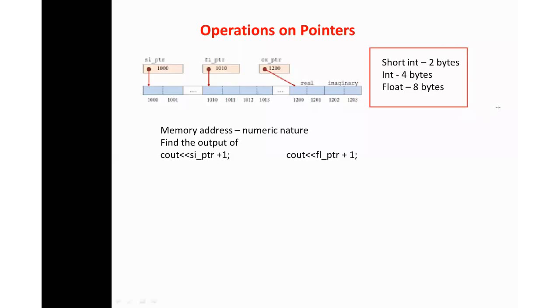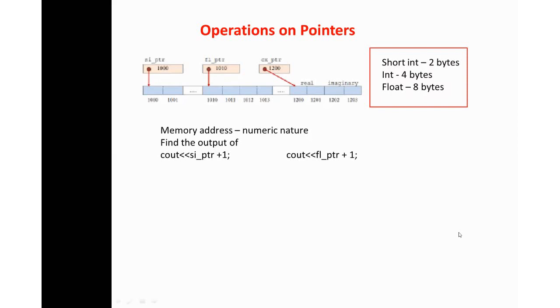With the help of this only we are going to move. How does this take place? Memory address is always numeric in nature, and importantly, it is a positive number. No negative numbers are assigned over here. Your memory address values are always positive numbers only.